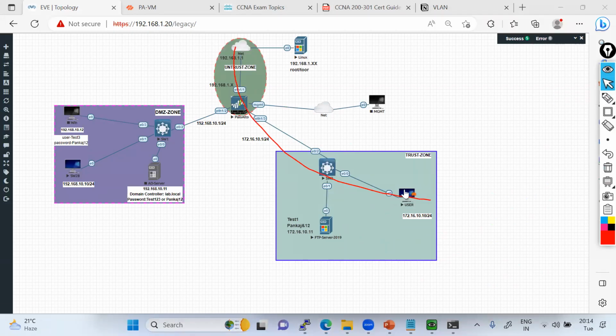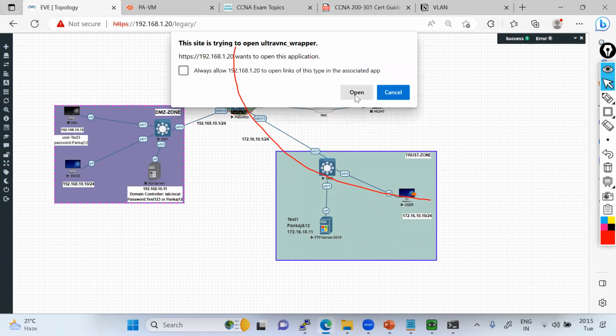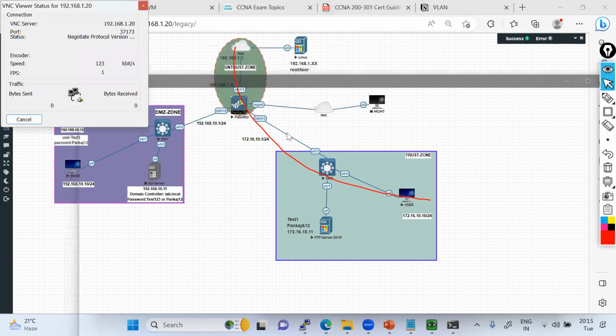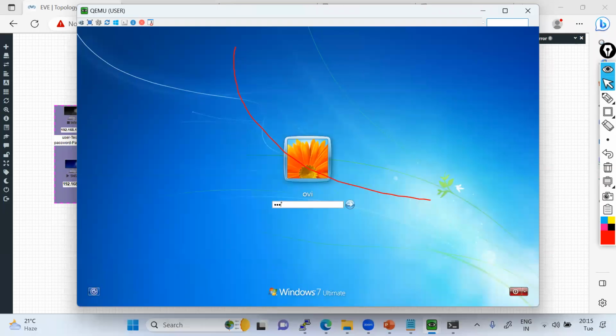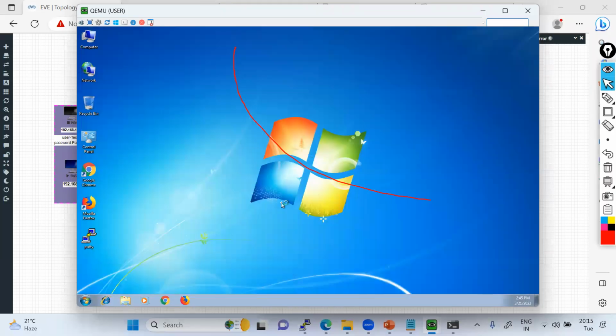So let me check what this PC is doing right now. Is it able to access Facebook or not? Let me try that because we just wanted to test it. This is the last lab for today. So let's verify it. So I'm going to access this. And after accessing,